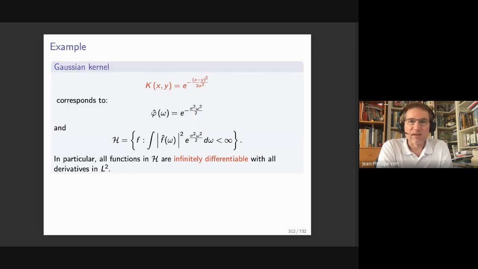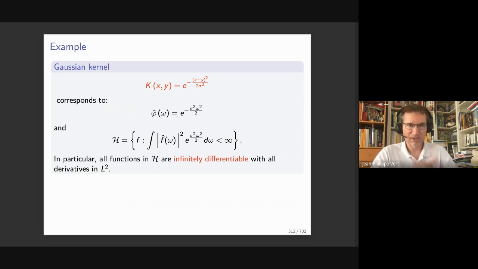So now we can move on and look at specific examples, which I promised to look at since the beginning. The first example is the Gaussian kernel. And finally, I think it's something that we were waiting for since several weeks. Finally, we have a clear characterization of the RKHS of the Gaussian kernel. We know that the Gaussian kernel is positive definite. There are different ways to prove it, but we still don't know, I mean, this is the first time we see it, why you may want to use it